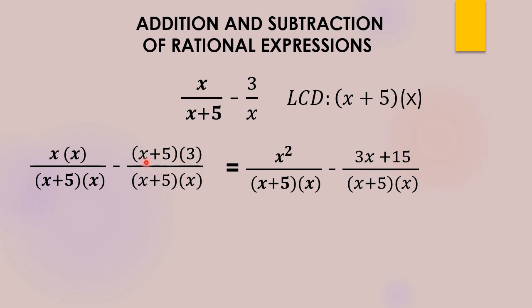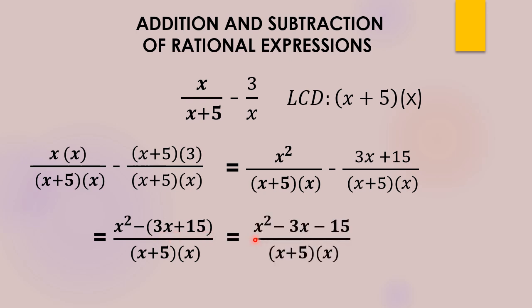So how come this becomes 3x plus 15? We multiply 1 by 1. X times 3, 3x, plus 5 times 3. That's why it becomes positive 15 or plus 15. And then take note that the entire expression 3x plus 15 is preceded by a minus symbol. So the sign here will change. Each term or each sign of the term will be changed. So from positive 3x, it will become minus or negative 3x. And then from positive 15, it will become negative 15. So negative times positive, negative 3x. And then negative times positive 15, negative 15.